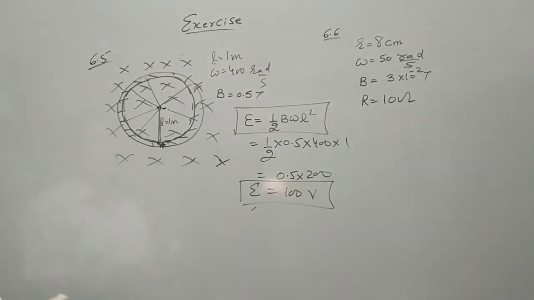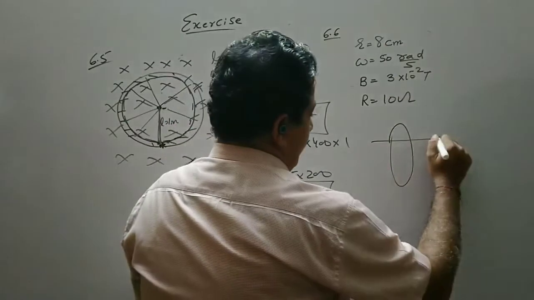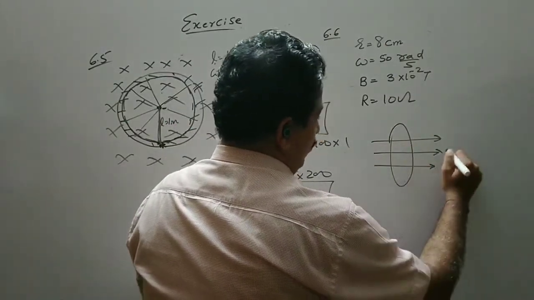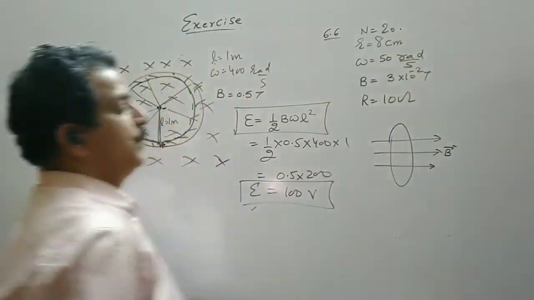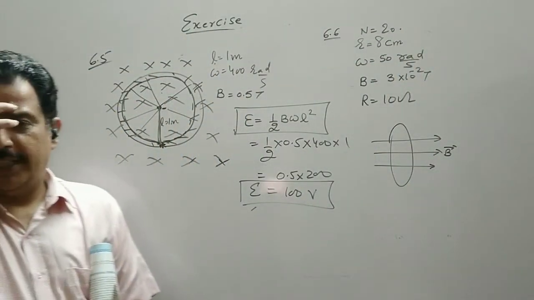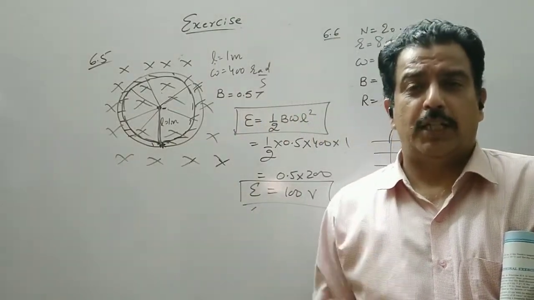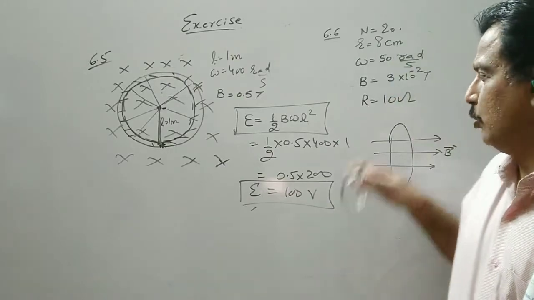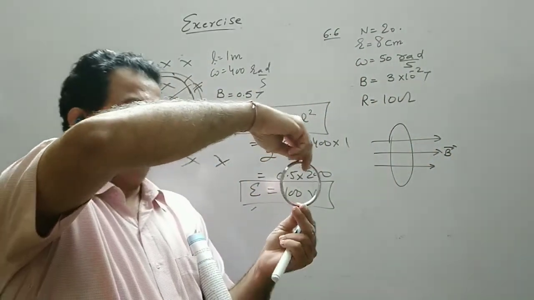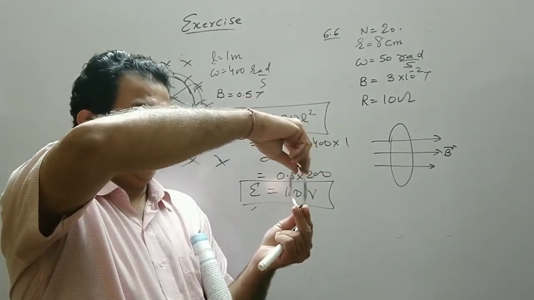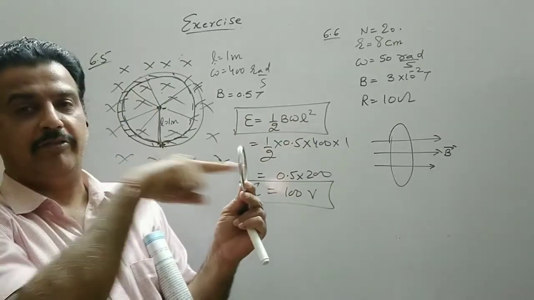So here we have a circular coil which is rotating in a uniform magnetic field. The number of turns is 20. In the AC generator we have seen that we have taken a rectangular loop. Here we have a circular loop of 20 turns. So it is rotating about a vertical diameter. So it is rotating like this and the magnetic field is like this.